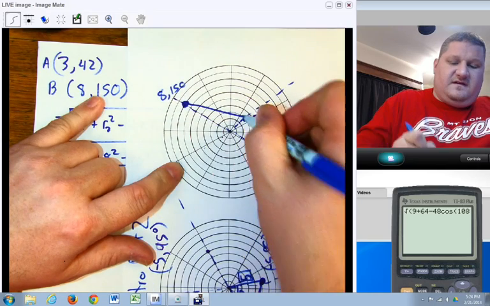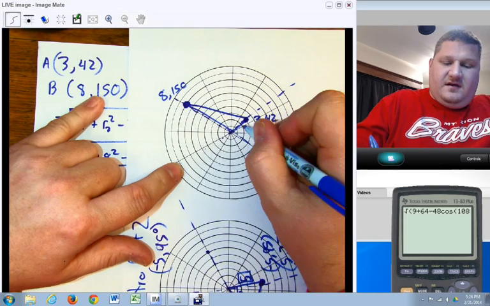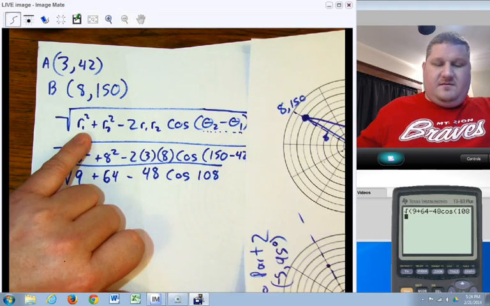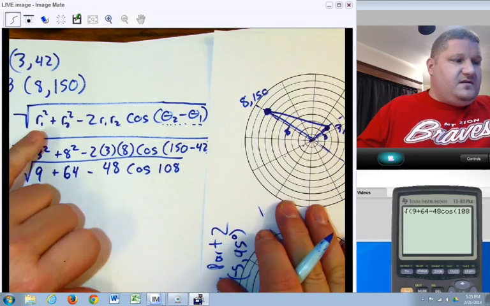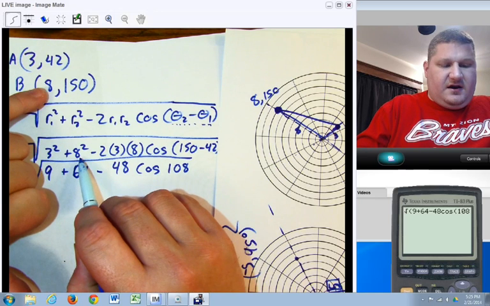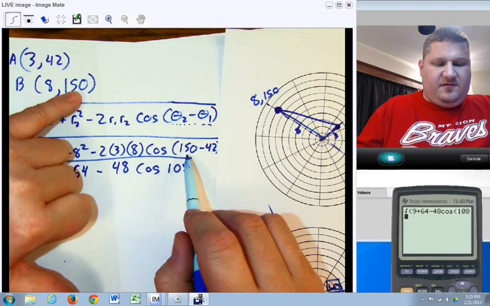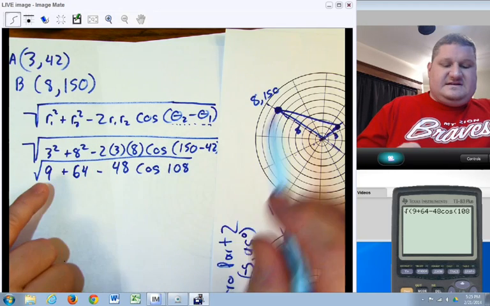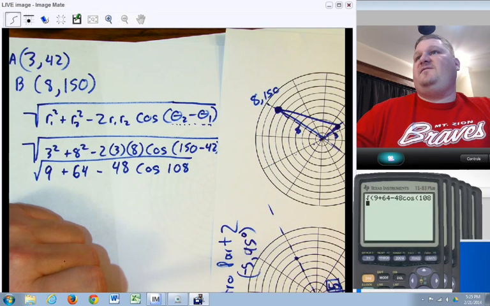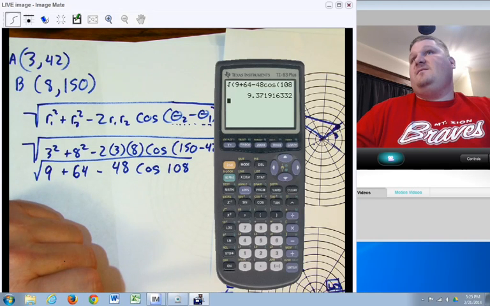To find the distance between them, I can create a triangle. I got a 3, I got an 8. And with that, I can begin putting all of that right into our formula. I can say 3 squared plus 8 squared, negative 2 times 3 times 8 cosine of 150 minus 42. It simplifies here, and if I were to simplify it a little bit further, we would come up with this, put into the calculator. Answer is